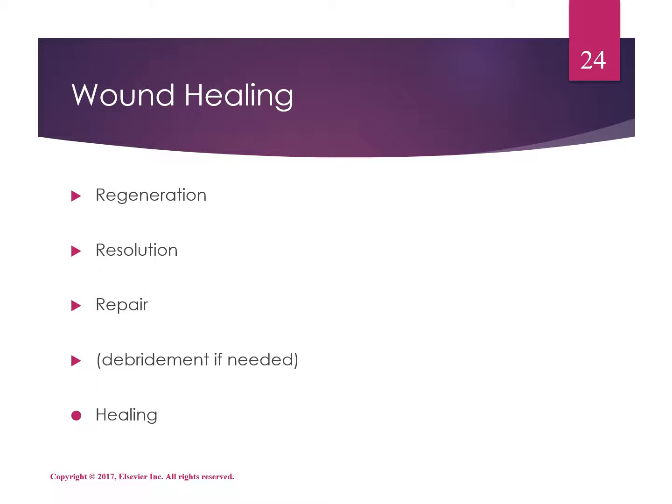So wound healing, our first one is regeneration. And so regeneration is the replacement of damaged tissue with healthy tissue. And that can occur with the replacement of epithelial cells of the skin, or certain organs can regenerate themselves, such as the liver. And then we go into resolution. And resolution is, if you think about restoration, and this can take up to 2 years, and resolution may be possible or it may not be possible,